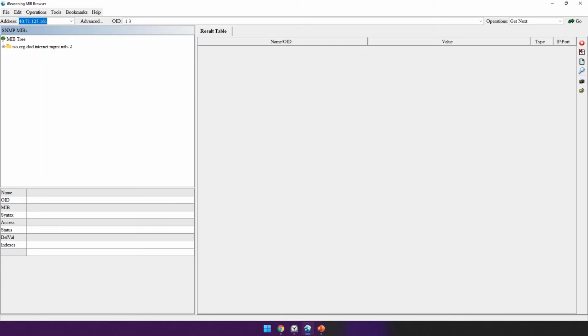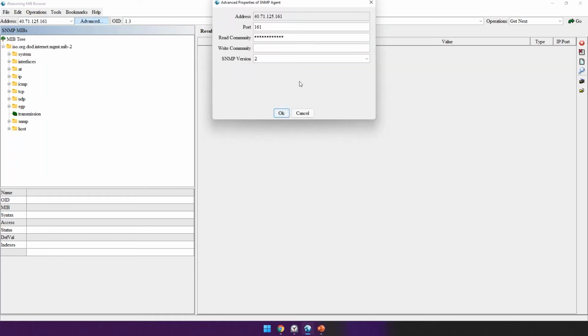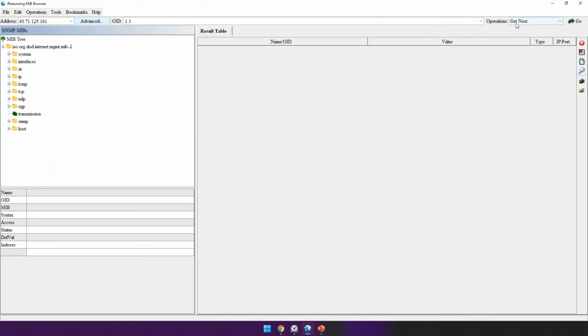The next thing, we're going to create a test device, but we'll come back to that. When you're in this tool, a few things to note. On the left side here, you see your MIB tree. This is the actual translation points, right? So if I go here and see my information and do a walk, once again, you choose your operation,